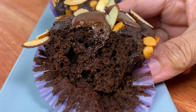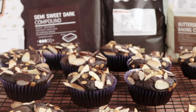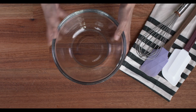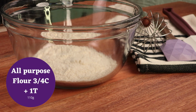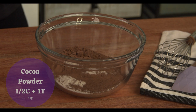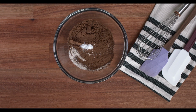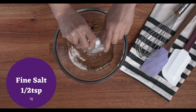Today, we will be making Motherbee's chocolate moist cupcakes with 25% less sugar. In a clean bowl, lagay po natin yung mga dry ingredients. The sifted all-purpose flour, cocoa powder or cocoa, the baking powder, the baking soda, the salt,